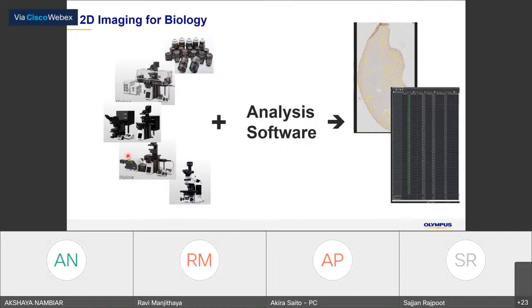But anyway, today's topic is about the analysis, so I'll touch on this. And the final goal is that we find the region of interest. Sometimes I will say objects that you are focusing on, and get the information from that object.